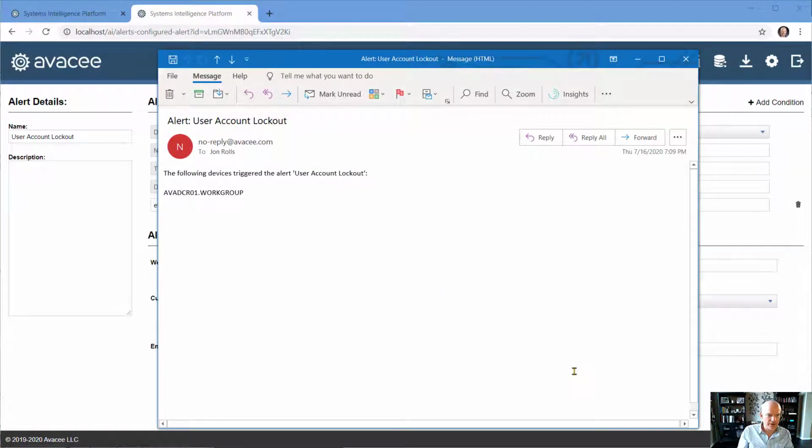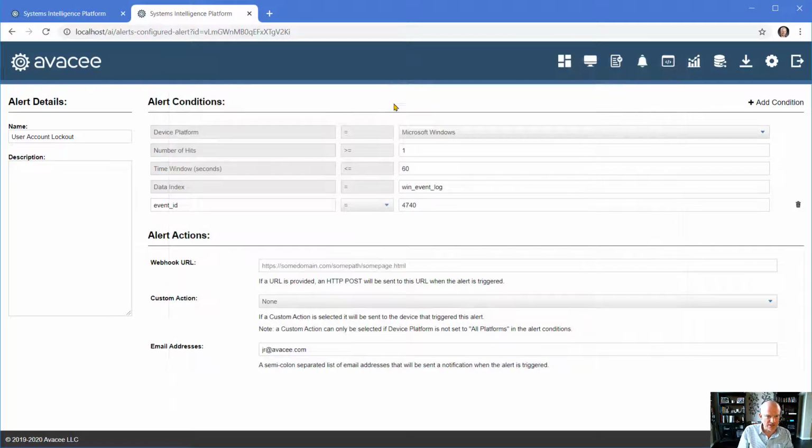So one final thing to show you. This email just arrived entitled User Account Lockout. As you can see, it's an alert that's been sent to us related to this device. It's the main controller. So if we go and look and see what that alert actually is, here's how it's defined. Windows platform, anytime it hits within a 1 minute window, we're looking in the Windows or the Win Event